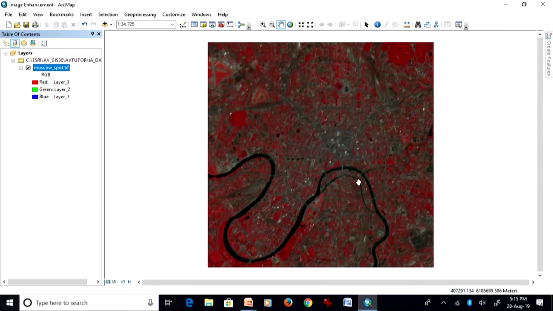This is what it is. Because three channels are being used to create this false color composite, and for the infrared channel we are assigning red color, vegetation is appearing red, because in the infrared channel vegetation has high reflection. The water body in all three bands, blue band, green band and infrared band, had black or dark signatures, and therefore in color composites also, whatever color composite you create, it will always be dark.